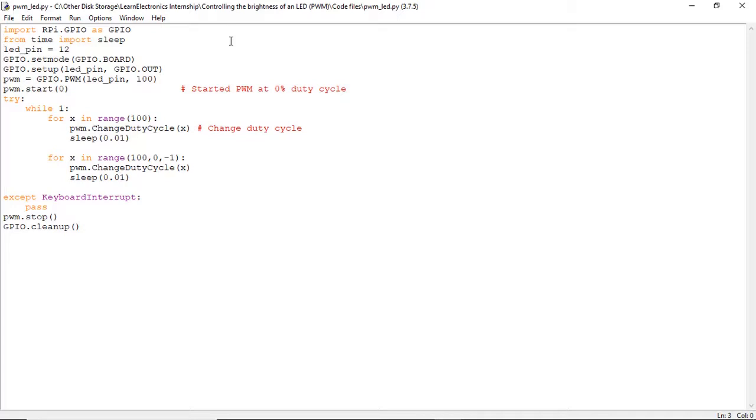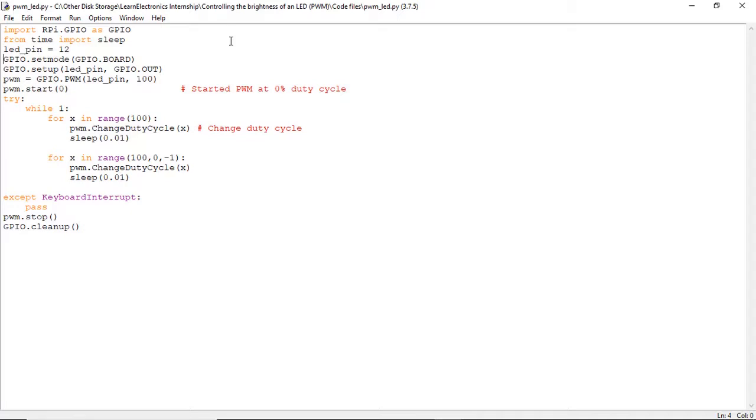So then we move on to initializing the LED pin, as the Raspberry Pi board pin which would be connecting to the LED. So pin 12 would be the RPi pin assigned to the LED's working. But then we move on to setting up the mode for the GPIOs. So the mode which we are using here is GPIO.BOARD. So GPIO.BOARD would take the naming in consideration with the pins placed on the Raspberry Pi.